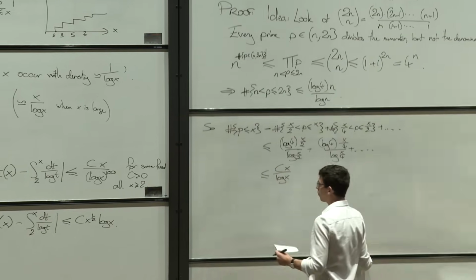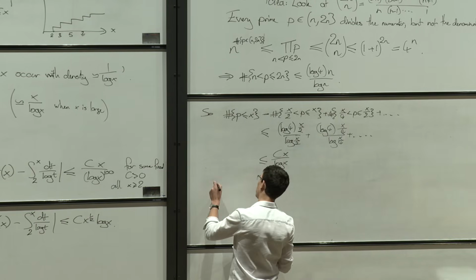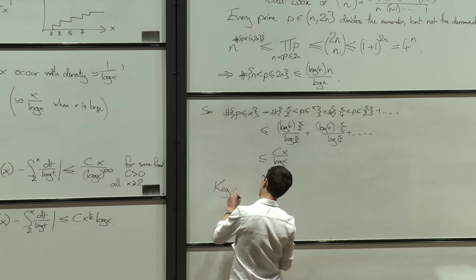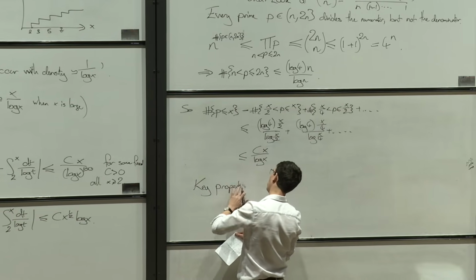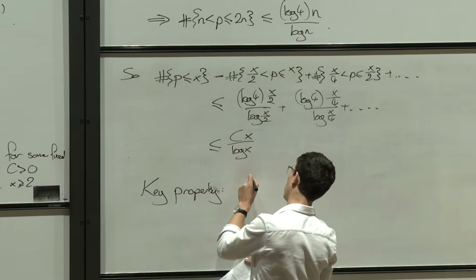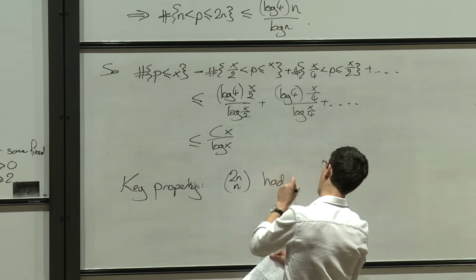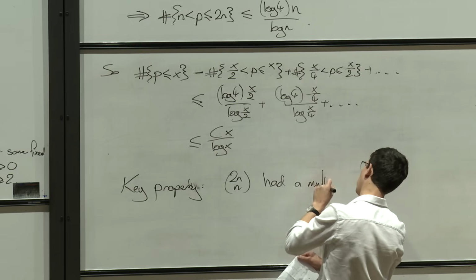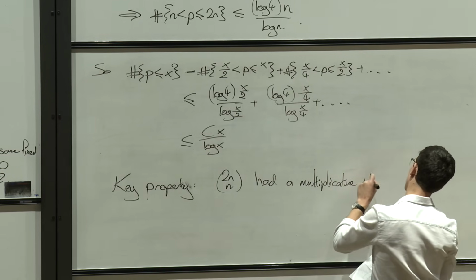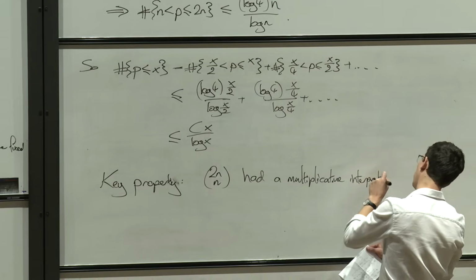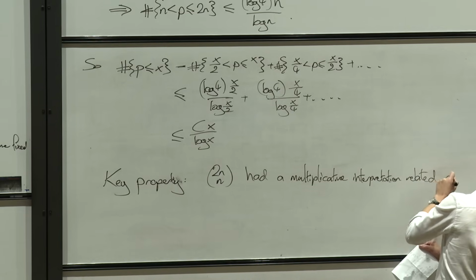But what made these binomial coefficients work was the key property that 2n choose n had a multiplicative interpretation related to primes,